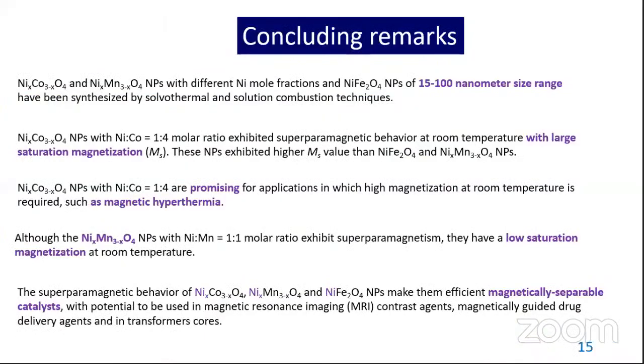So finally, in concluding remarks, we can say that we can prepare nickel cobalt oxide, nickel manganese oxide, and nickel ferrite nanoparticles. I didn't give the size distribution histograms, but the sizes vary from 15 to 100 nanometers. The first two materials we synthesized by solvothermal,